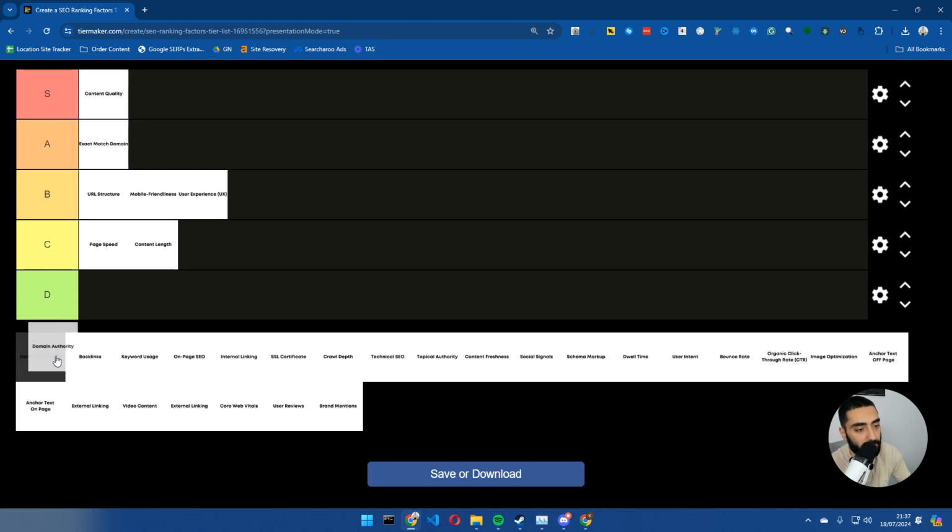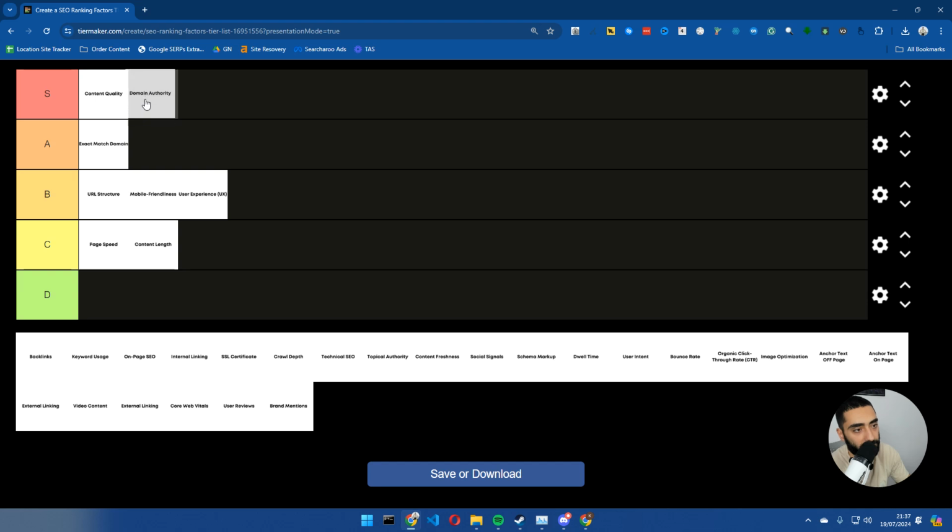Domain authority. So domain authority, again, with the likes of Forbes, with the likes of Reddit, for example, those websites are ranking very, very high, and it just doesn't look like they are going to shift anytime soon. So I think right now, domain authority is obviously super important. If you are seen as an authoritative website in the space that you're talking about, that can definitely have a very positive impact on your website.